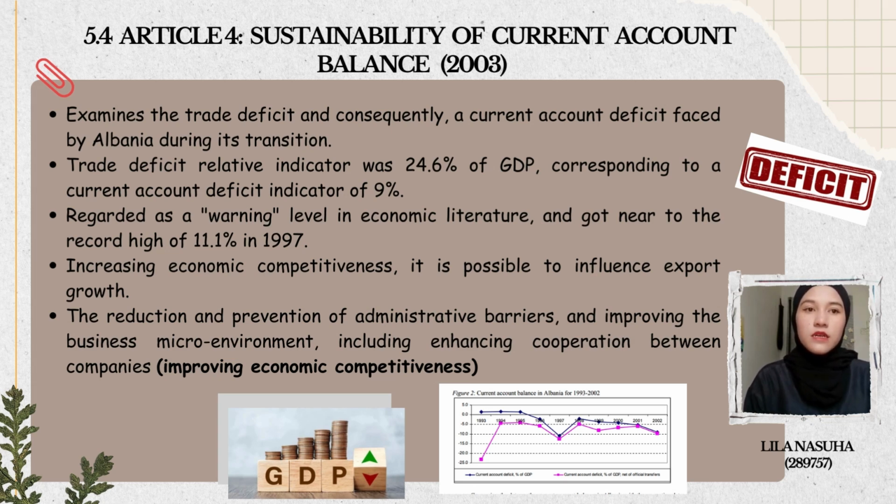Second, the trade deficit relative indicator was 24.6% of GDP, corresponding to a current account deficit indicator of 9%, regarded as a warning level in economic literature and getting near to the record high of 11.1% in the year 1997. By increasing economic competitiveness, it is possible to influence export growth,